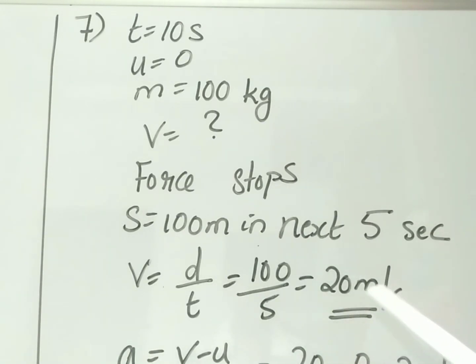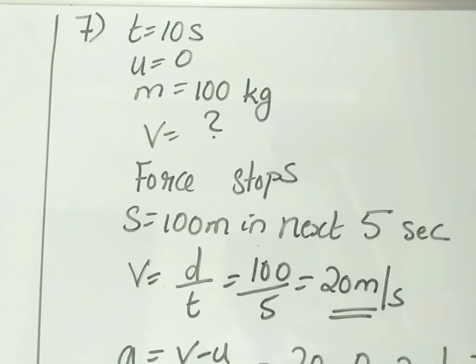In this chapter, we studied about inertia. Whenever the force stops also, the body will move because of the first velocity. So it is moving. After applying the force also, the object is moving. For example, when we stop pedaling the bicycle, still the bicycle will move. So here the object is moving 100 meters in the next 5 seconds, within 5 seconds.